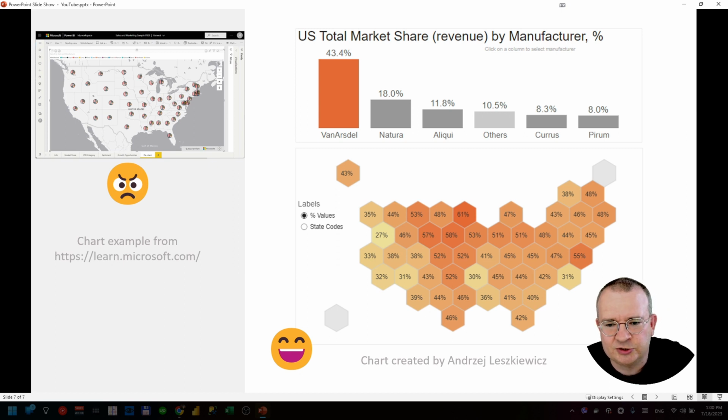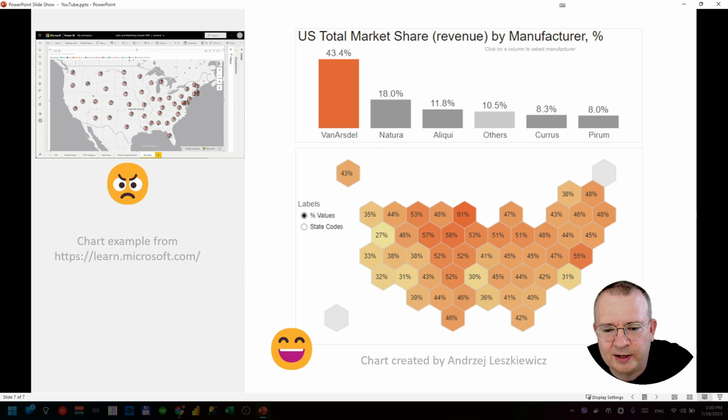And on the right side, I have an example of how you can explain the same data in a much better way. Again, it's a combination of a bar chart and a cartogram.